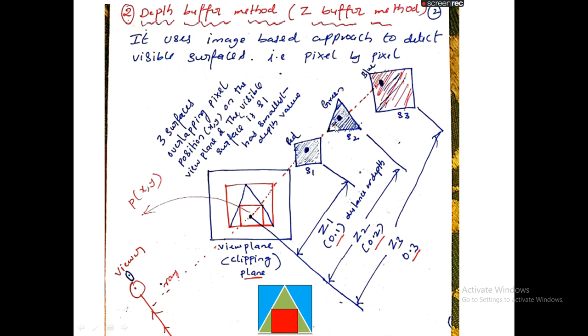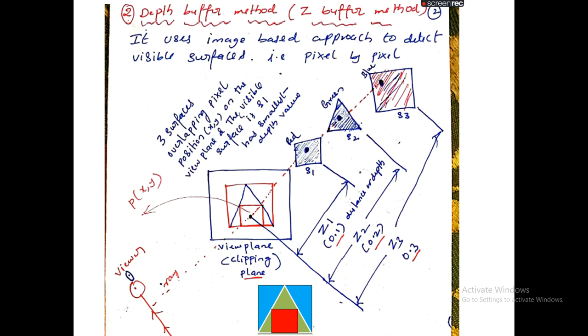The second surface, S2, is filled with, assume, green color. Surface 3 is filled with blue color. These three surfaces are overlapped with each other.